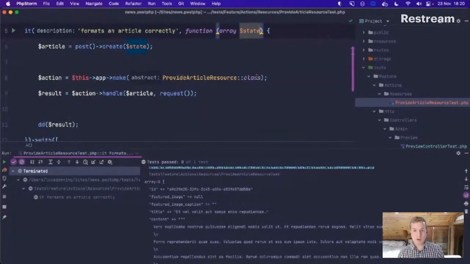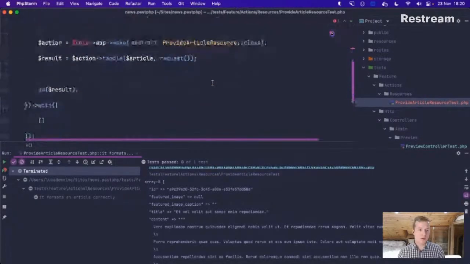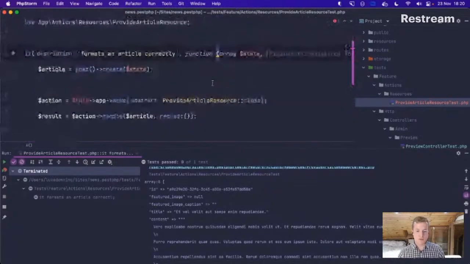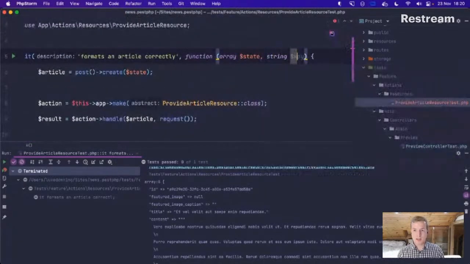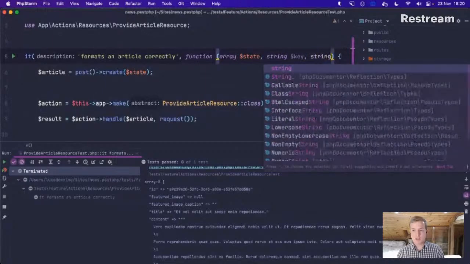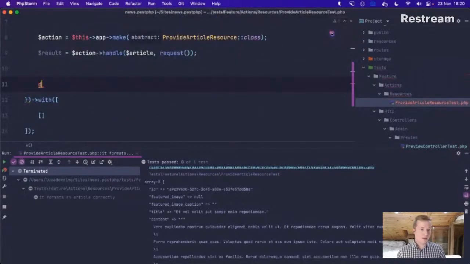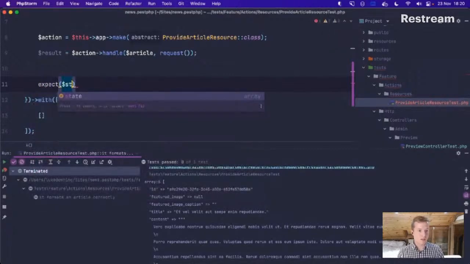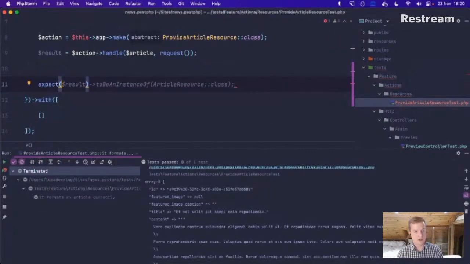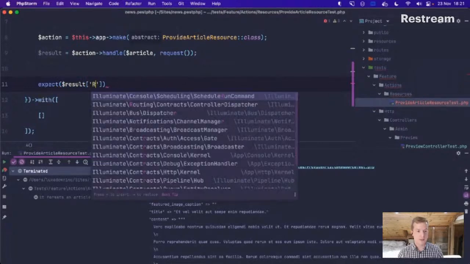And then why don't we say we want to check the result. So let's say string key, string value. Okay. So let's say expect result key